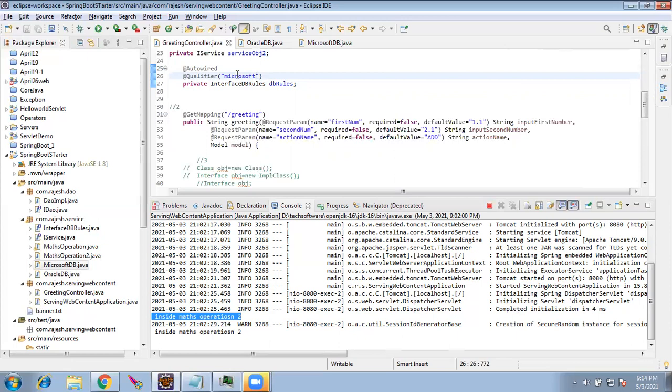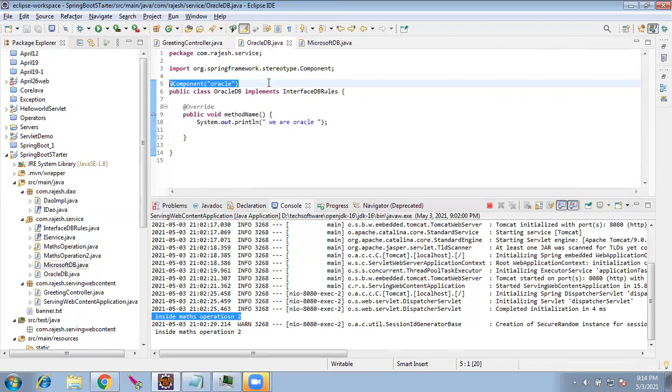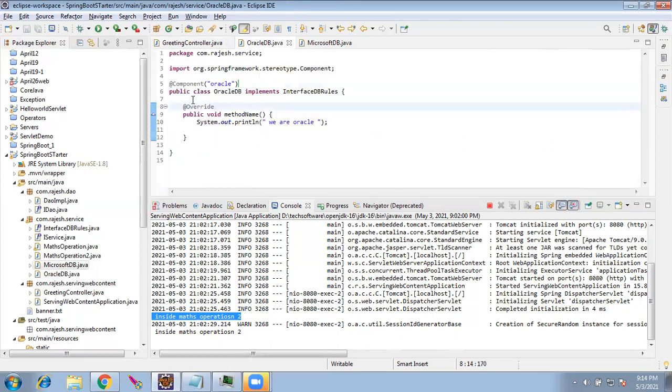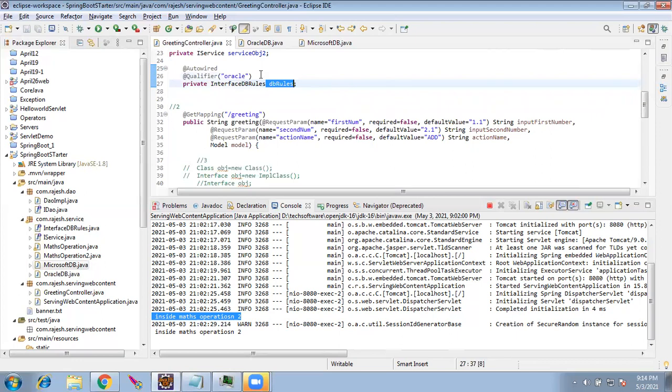With just one keyword change, the entire code will work in Oracle now. If I give Oracle, what will it do? It will go to the Oracle DB implementation, correct? Which object will be binded here? The qualifier is Oracle. So it is going to see the component with Oracle and new Oracle DB. This object will be binded here. Correct? That's what we saw.